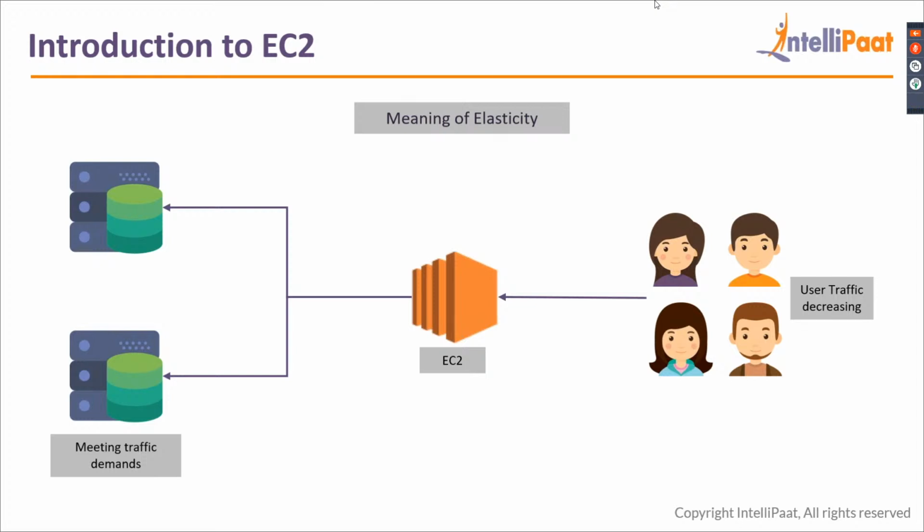So why is this an advantage? Because if you have an on-premise setup where, let's say, you have 10 servers, obviously all the 10 servers are going to be there. You will not be able to sell them back. All the servers will be there, and if only 2 servers are running at that particular time, the other 8 servers are sitting idle, but still you are paying for electricity and the maintenance of those servers. But using AWS EC2, you don't need to do that, because you will be running just the number of servers you need at any point of time. So there is no need for running an extra number of servers or even a lesser number of servers, so that your application will be available at all times and it will not crash.